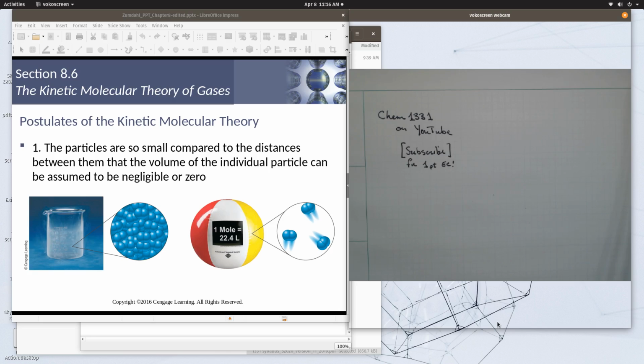I'm not going to talk about Dalton's law of partial pressures. It is something you'll need to know. It's actually quite simple to just go through the lecture notes that I've uploaded in the PowerPoint slides, the Chapter 8 edited PPTX, and just work through the problems. It's really not that hard. It's simply an application of